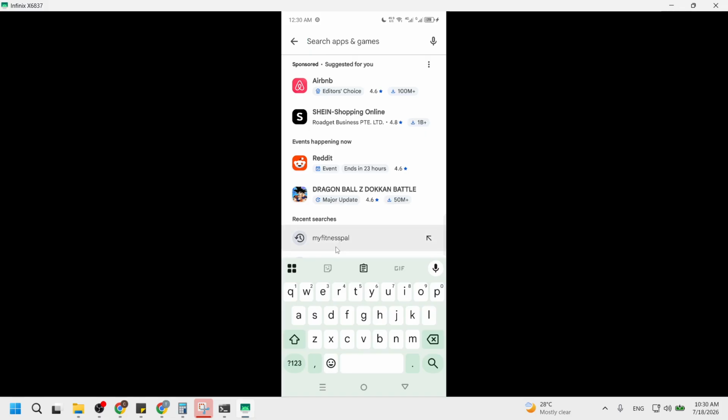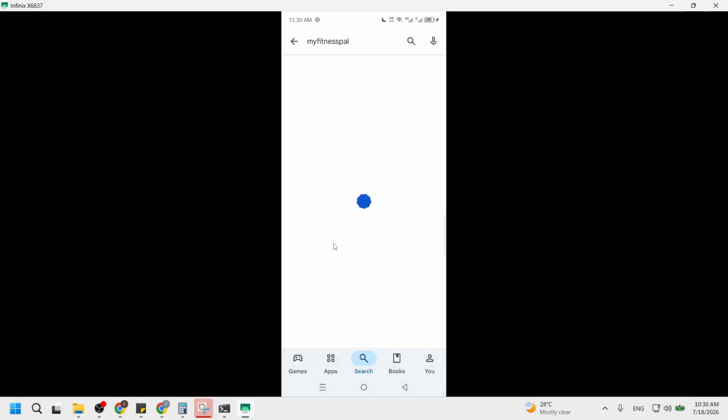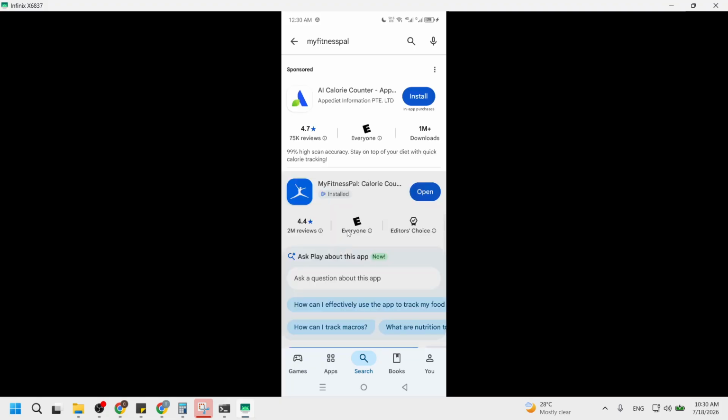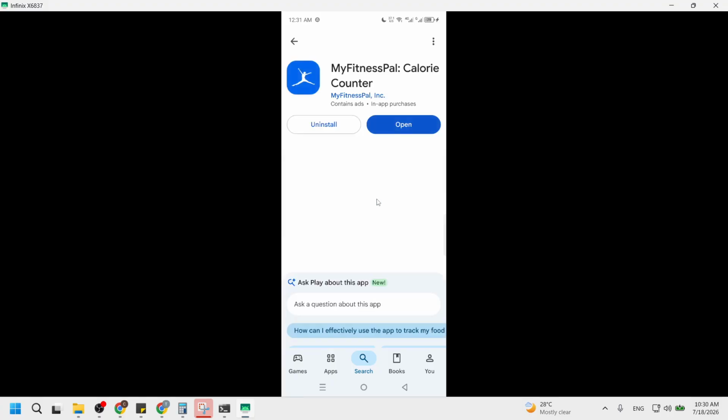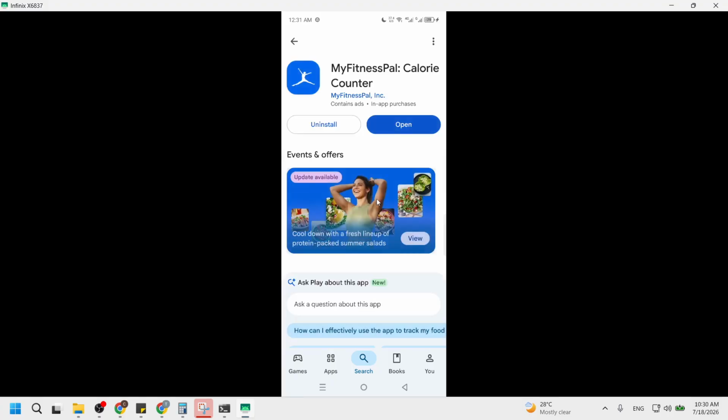Now search for MyFitnessPal in the Google Play Store. Once you enter the name, you should see the app appear in the search results. This step ensures you are looking at the correct application and not a similar one. It's essential to verify that you're dealing with the right app because updating the wrong one won't help with the loading problem. Finally, tap Update if a fresh version patch is available.